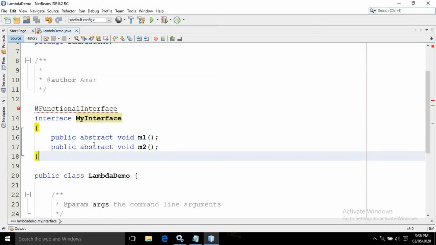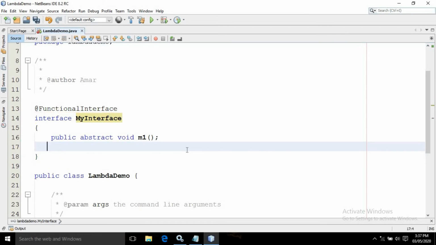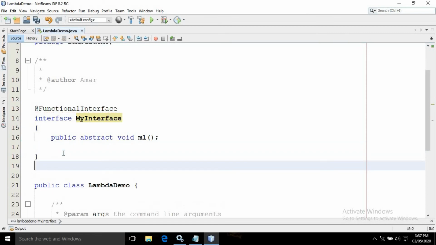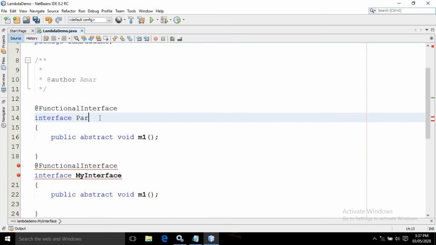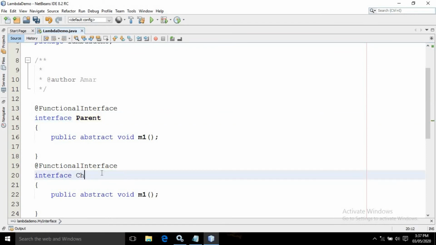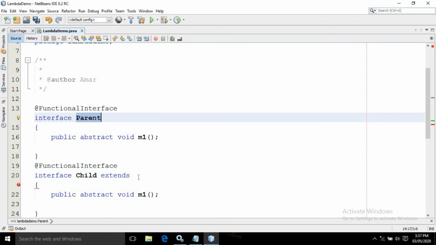Now I will discuss the functional interface with inheritance. Let me remove this from here; now this is perfectly valid. Here I will create one more interface. Let me change its name to Parent, and the other to Child, and use extends to extend the Parent interface.